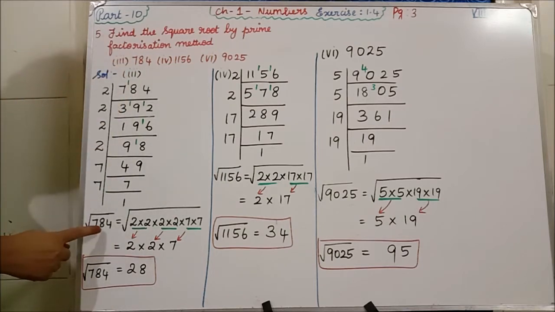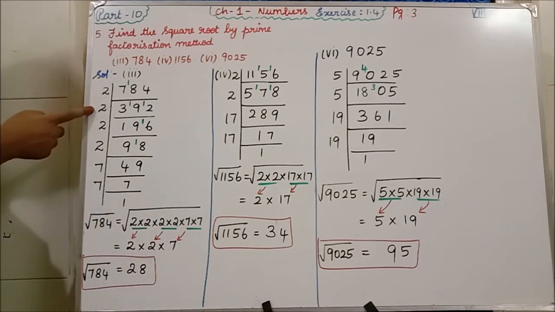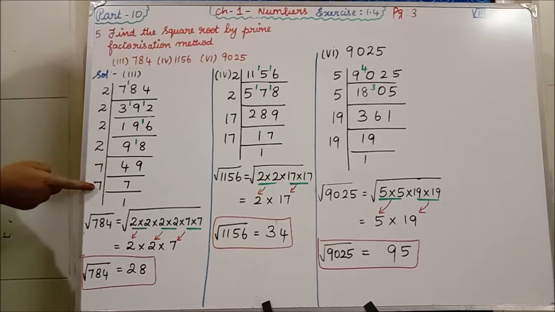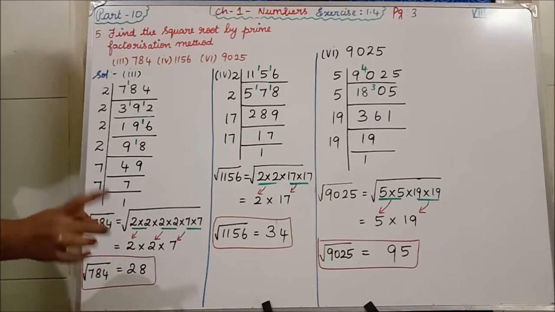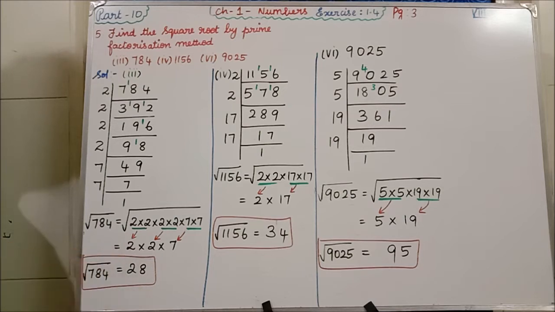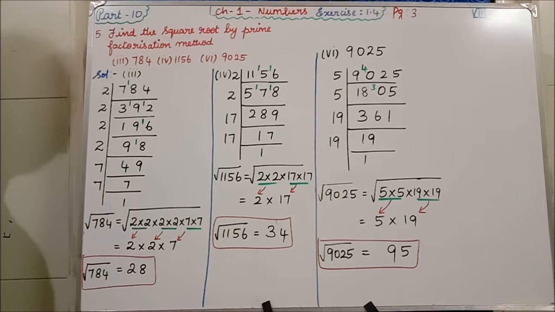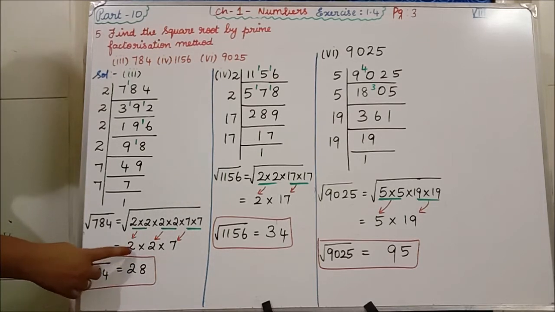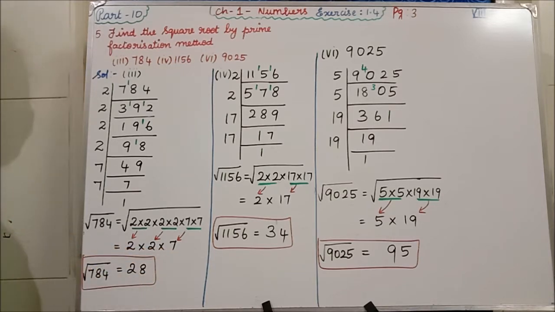Square root of 784 is equal to square root of, what are the divisors you did? 2 into 2 into 2 into 2 into 7 into 7. Everything you have to write. Okay, in the next step you should not write the square root. If you are having 2 2s, you have to write 1 2. Here 2 2s, 1 2. 2 7s, we have to write 1 7. Okay, so square root of 784 is equal to 2 2s are 4, 4 7s are 28. Clear, students? The same model only for the 4th and 6th sums also.